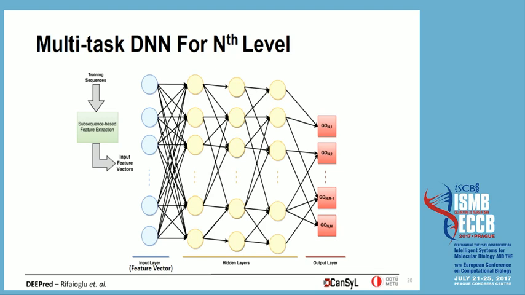And this is the multitask deep neural network structure for a level. Each output node represents a GO term in a level, and the created models produce a probabilistic score for each trained GO term, and we determined individual thresholds for each GO term to provide reliable prediction. So if the prediction score of a GO term is greater than the predefined threshold, we consider the corresponding GO term prediction as a candidate positive prediction.